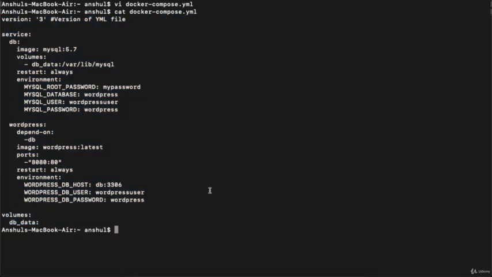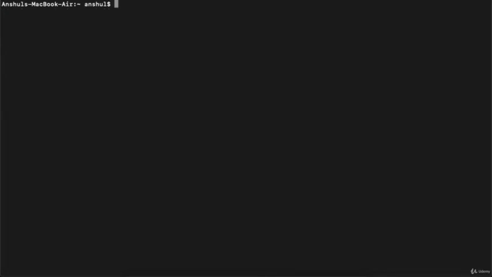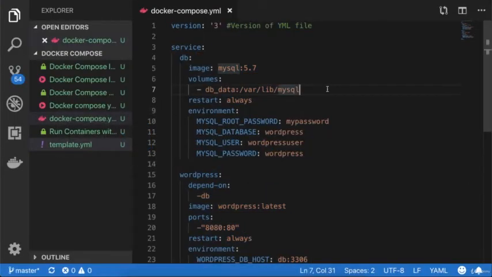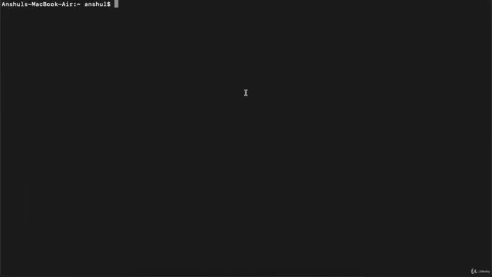This is one way. Another way is you can directly upload this particular file on your machine where you are executing your Docker. If you are executing your Docker on your local machine, then you can simply use this particular file. You need to go to the location where you have saved your YAML file and execute the command docker compose up -d. That's all. Because we are using Docker on a cloud machine, I have uploaded the file over here. Now I will execute the command docker-compose up -d, hit enter.